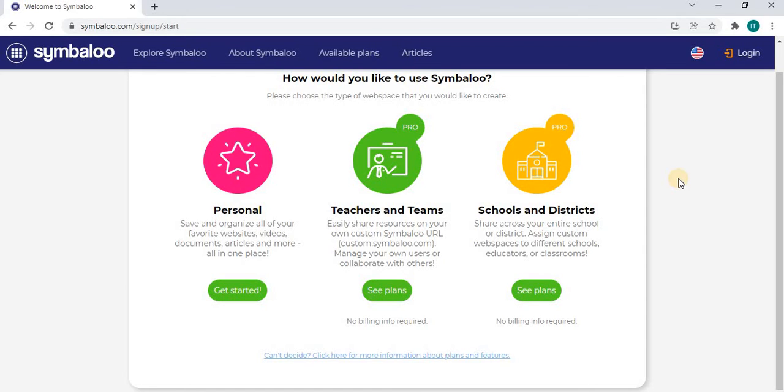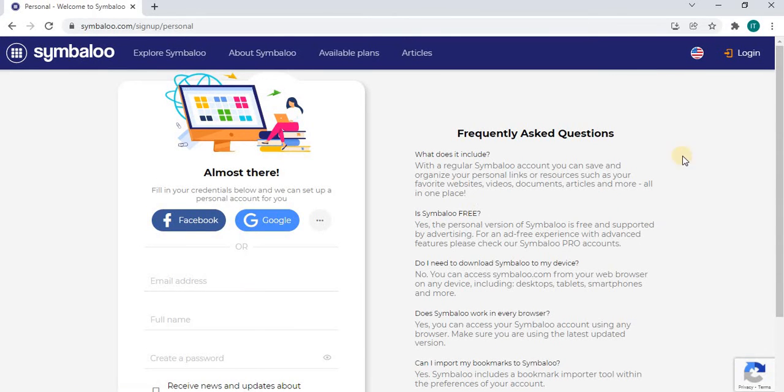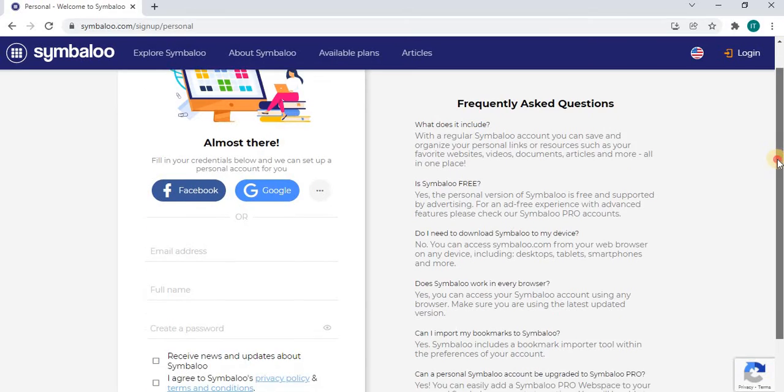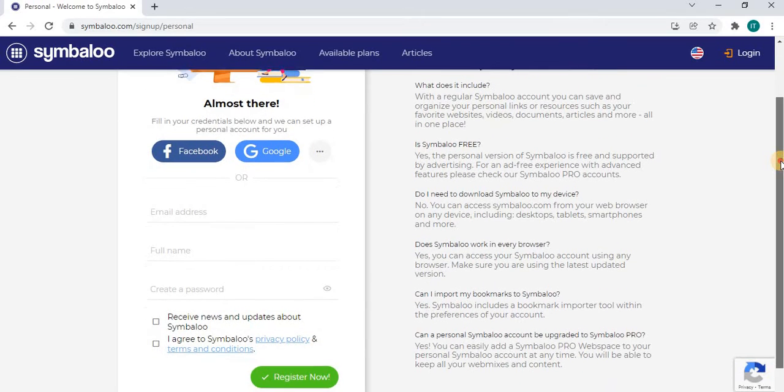All right, we have three options. Two of them are pro, meaning that we would have to pay for those in order to get some additional things. So I will just resort to the personal, which is the free one, and I'll select the button that says get started. Once I select that, I am directed to a login page where I am expected to either sign up through